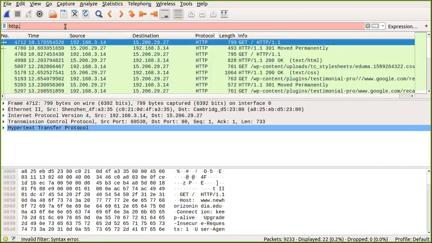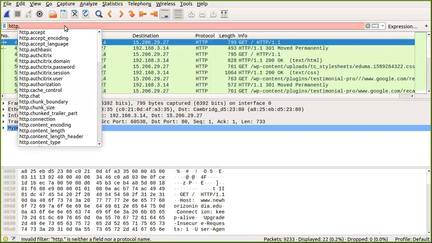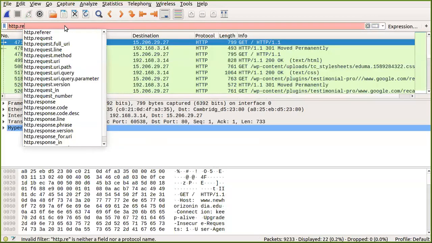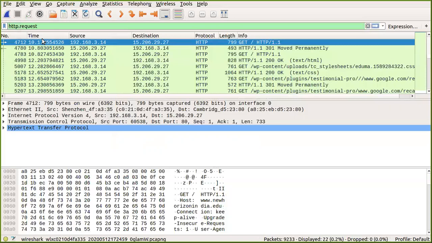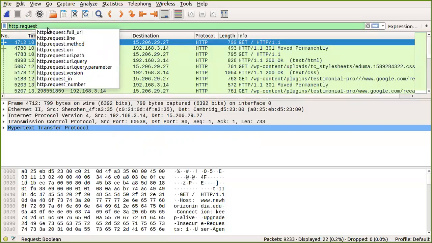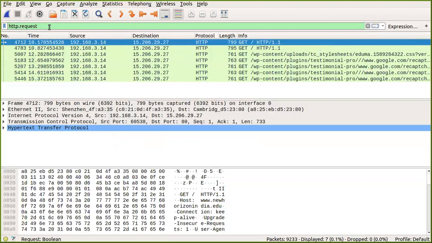There are various methods: you can give http.request to get all the requests, or you can give request.uri, request.version, query parameter. Like this, you can give a lot of filters. HTTP is basically the filter that you have to give, and it will capture only the HTTP packets.